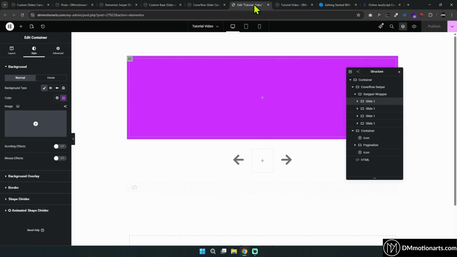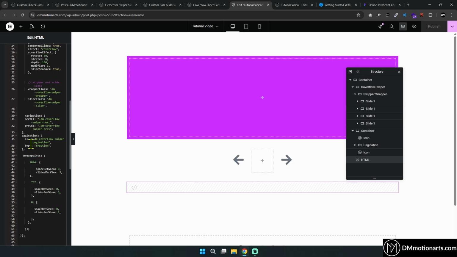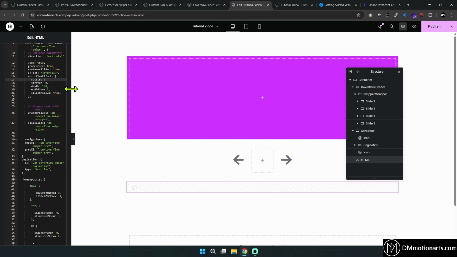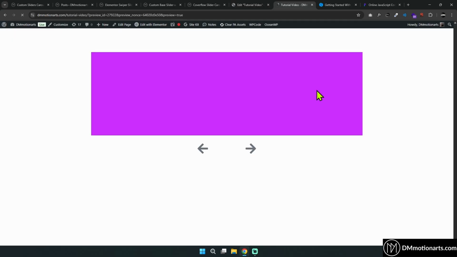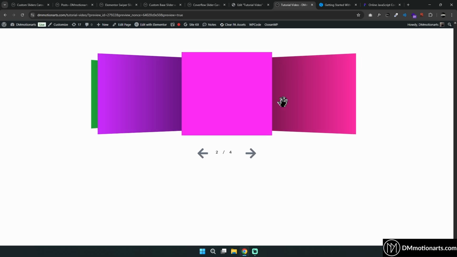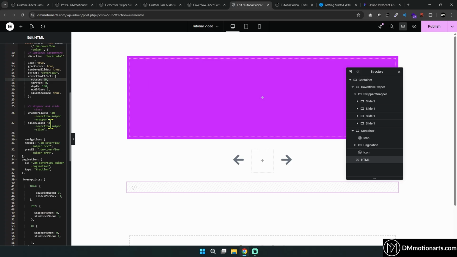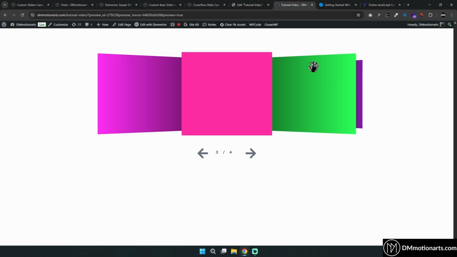So let's play around with some values. Let's go into HTML and let's make the rotate be 20, and you could see how this looks now. It looks a bit different, the design is a bit different like this. If you make it 0, it also looks a pretty cool effect that I've seen. It's been used so many times on other websites,